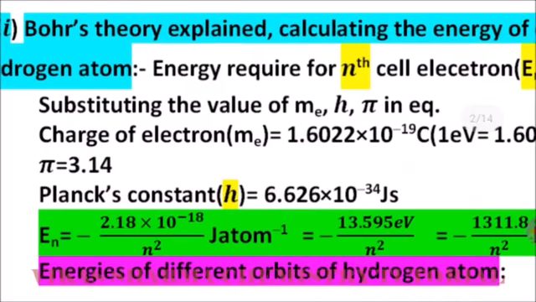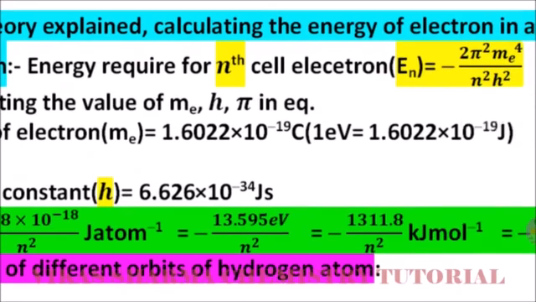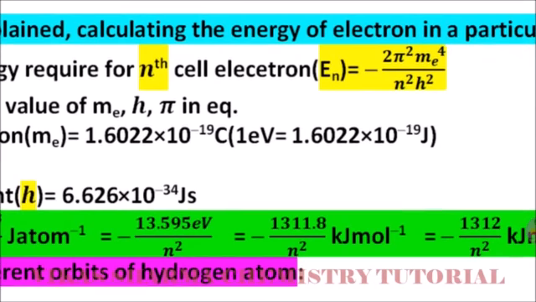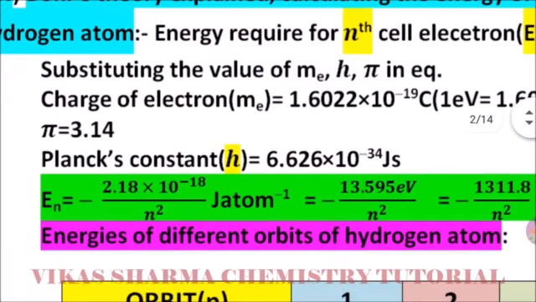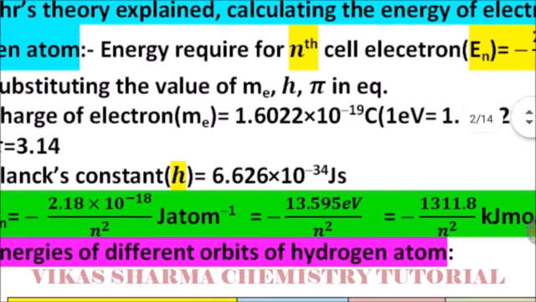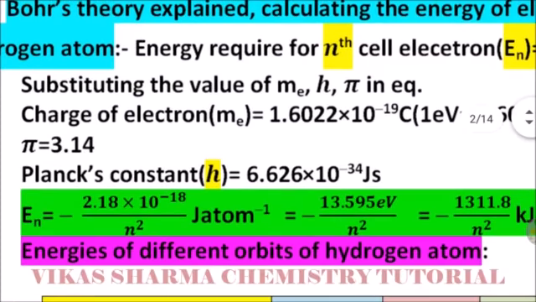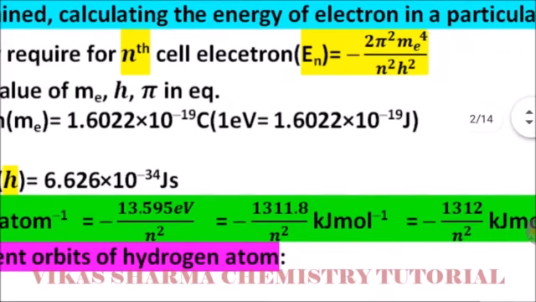The charge of the electron is 1.6022 × 10⁻¹⁹ coulomb. It is similar to 1 electron volt, which is 1.6022 × 10⁻¹⁹ joule. The value of π is 3.14 and the Planck constant is 6.626 × 10⁻³⁴ joule second. So the energy of the electron in the nth shell is equal to minus 2.18 × 10⁻¹⁸ divided by n², where n is the shell number, joule per atom,